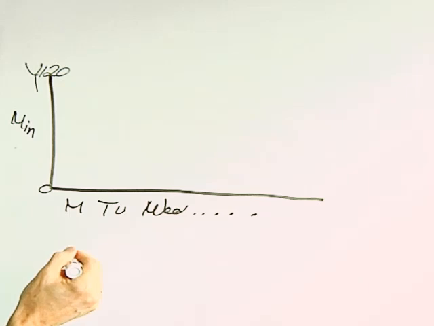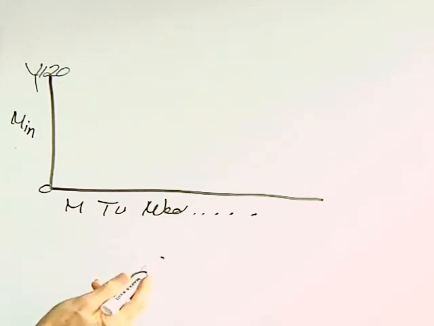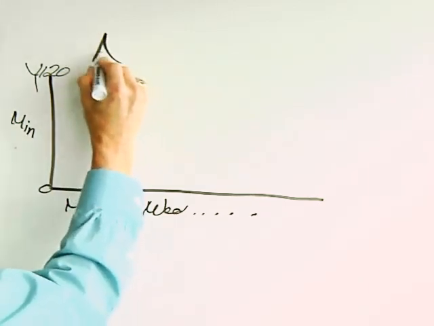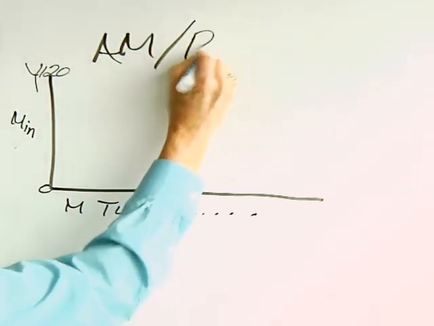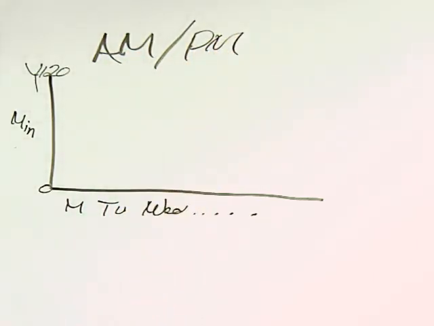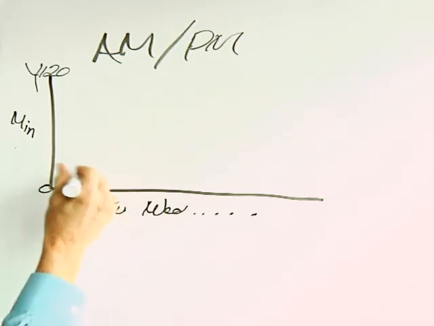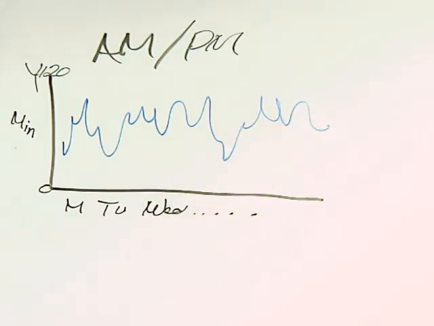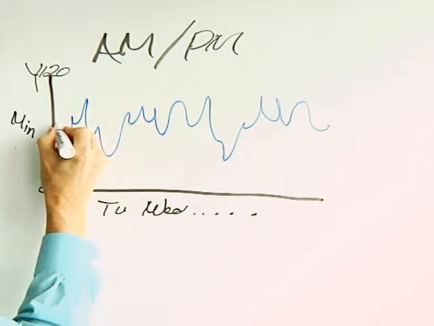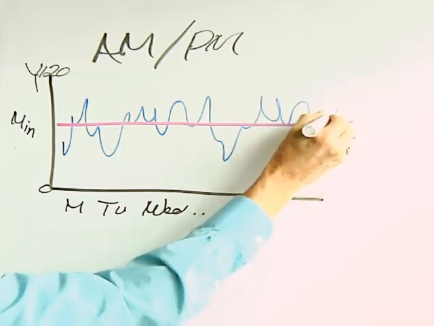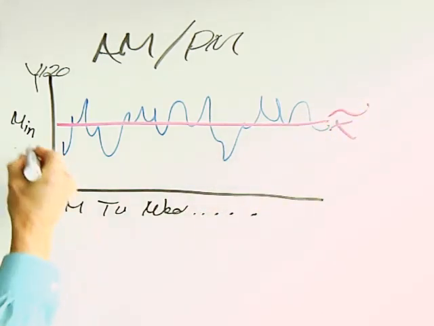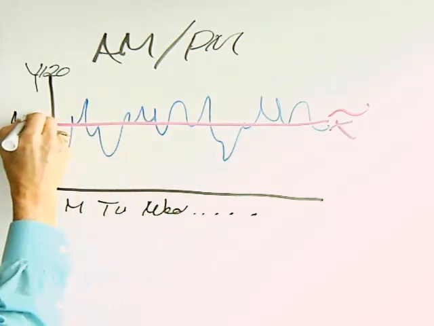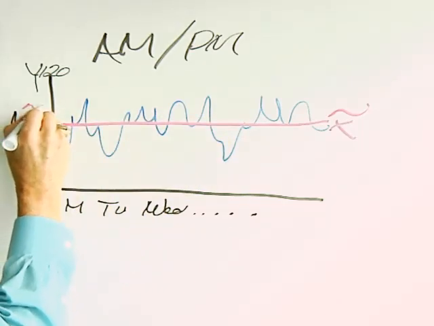So I start plotting. Then I realized that I needed to make two charts, one for my morning commute and then one for the evening commute. And at first I thought they were probably the same, but then I realized after I plotted the data that they were quite different. So let's look at the morning commute. And I start plotting my data by Monday, Tuesday, and I plot the chart and it's going along and I've got some variation. I'm going to put my center line, which as we know is the median, X with a tilde above it. And lo and behold, I found out that my average center line, the median time, was about